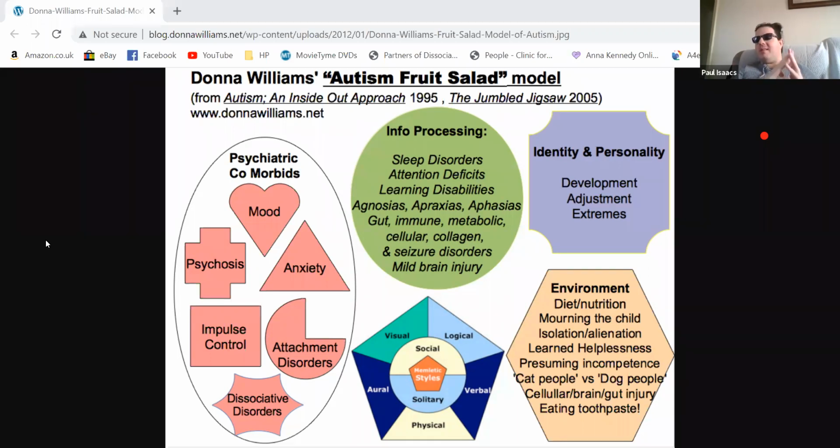Then in the 1960s, when Donna was diagnosed, one would be diagnosed with childhood psychosis. They thought that autism was a breakdown of reality. That's what psychosis is. And they were diagnosing childhood psychosis, believe it or not, until as late as the 1980s. That was a diagnosis that kept rolling on through the decades.